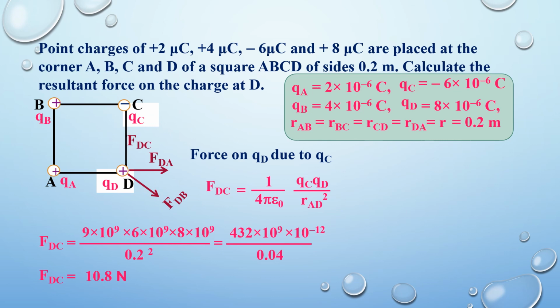This was the force on D due to C. So this force FDC should be along DC, because it is between a negative and a positive charge. So this is along DC. So we have got all the forces which were